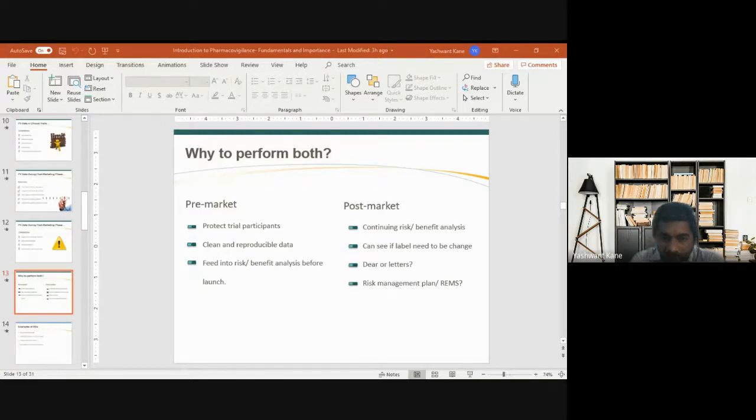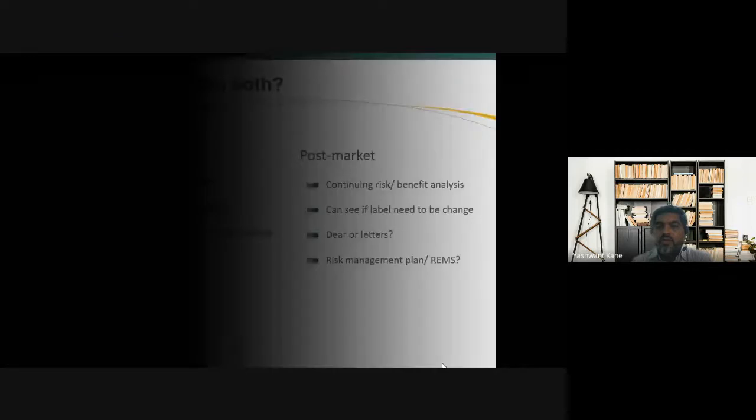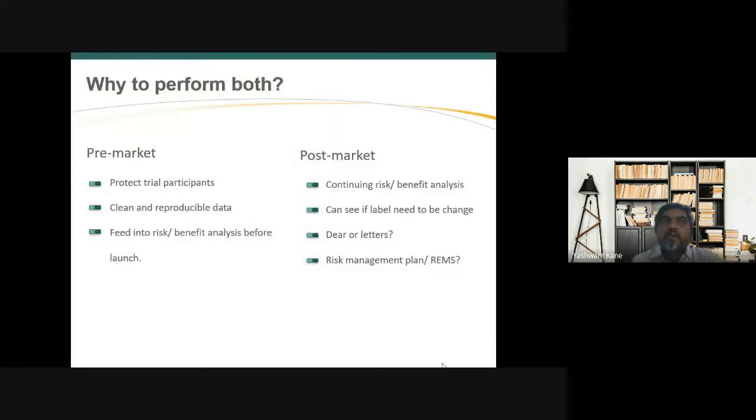No? Right. So if there is a drug and we want to communicate any change in the label, or any change in the use of the drug, the companies send out dear doctor letters to all the professionals, all the doctors, and that's called dear doctor letters, wherein it needs to be approved by the